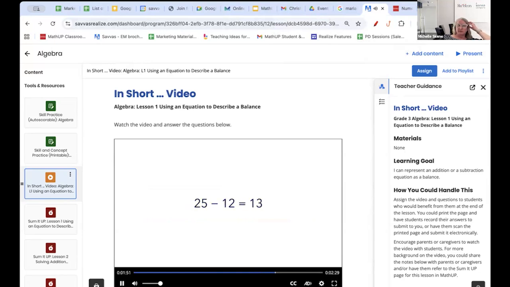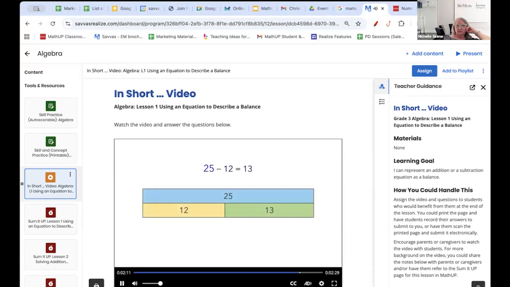Now let's model the subtraction equation 25 minus 12 equals 13. Looking at the equation, you'll see that 25 is the total, and it is split into 12 and 13. 13 is just a little more than 12, so the 13 bar should be just a little longer than the 12. Then add the 25 bar to show the total of 12 and 13. Of course, you could always start with 25 first, then